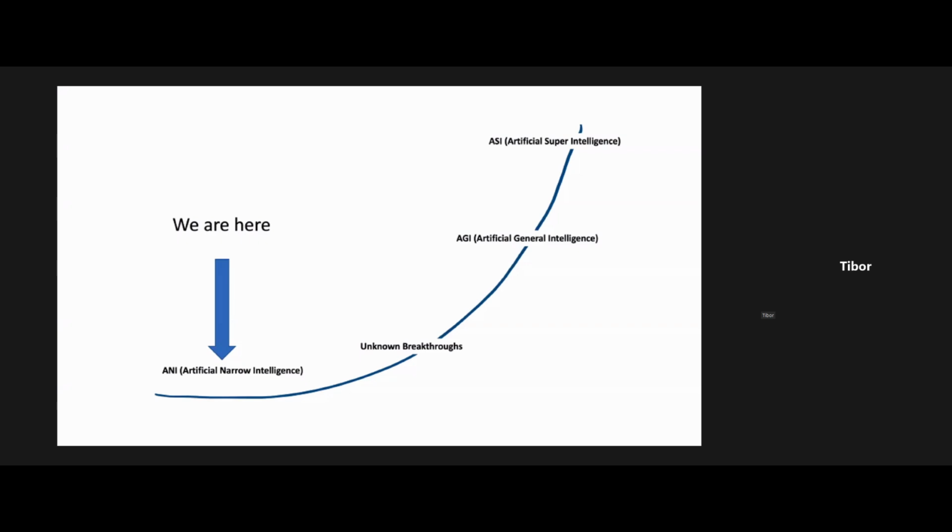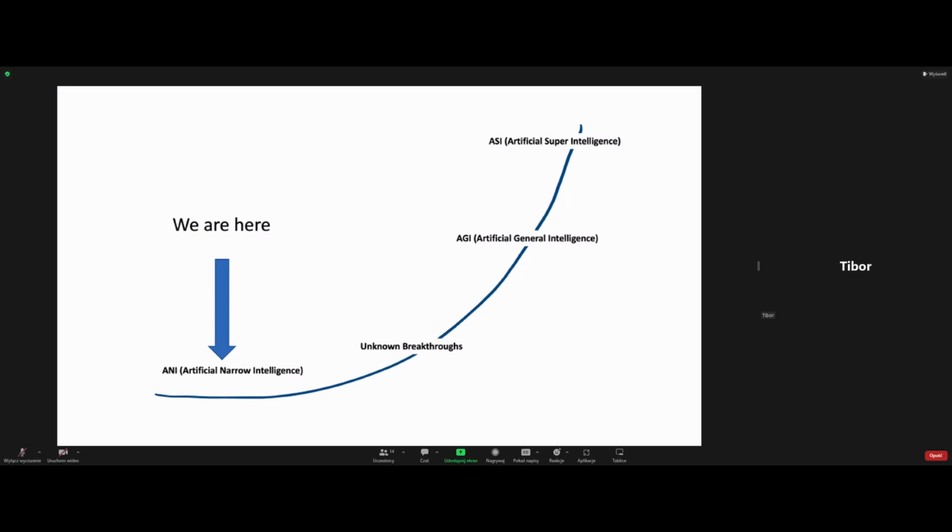So to first understand where we stand with AI, there are different kinds of AI, and we generally regard two general types. And here we have included a third one, but we generally include two general types, and that is the artificial narrow intelligence, which is a specialized kind of intelligence that is meant to tackle specific problems. So if you're trying to teach the AI to detect whether a picture contains a dog or a cat, that's a very specific problem. And this is most AIs that we use nowadays, even ChatGPT, which even though it knows